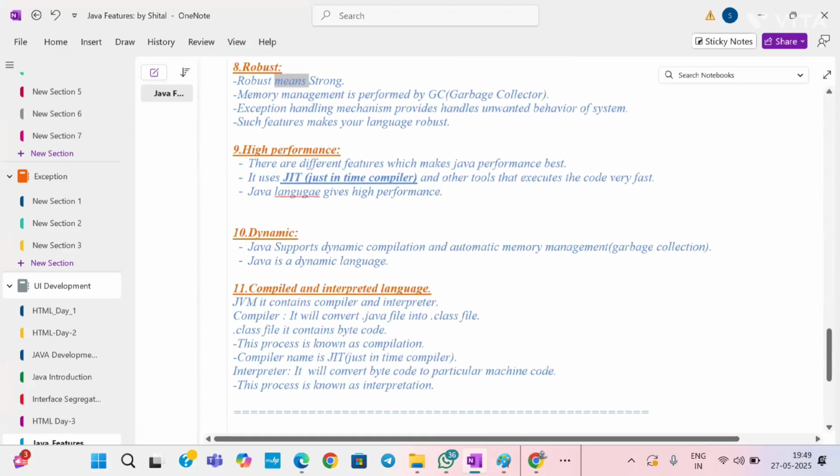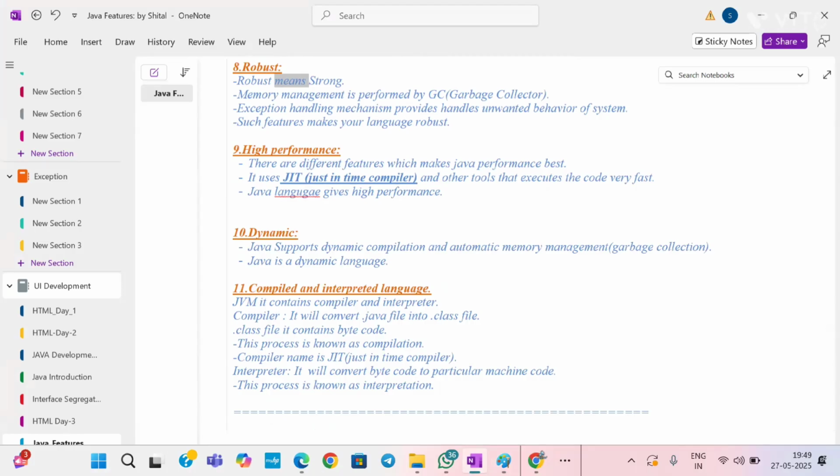Java language, as I told you, uses a just-in-time compiler. This compiler compiles the code and it executes the code very fast. So that's the reason it gives high performance. How are you going to calculate performance? Performance is nothing but,